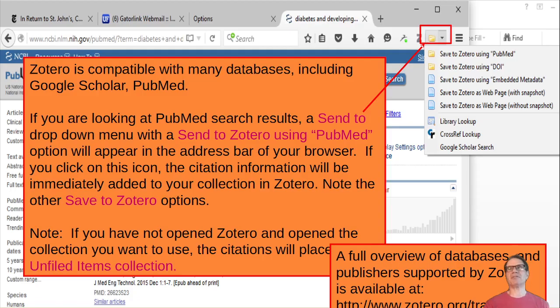You basically type a bunch of fields. But one of the things that makes Zotero so useful is it's compatible with a whole bunch of databases, including the 2 biggest ones used, Google Scholar and PubMed. And I'm actually going to demo this in a second, just so you can see as I go through this. So basically, when you add it, you get this little folder icon that shows up in your icon